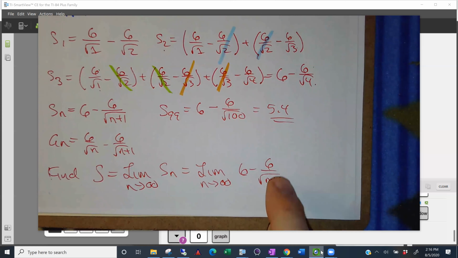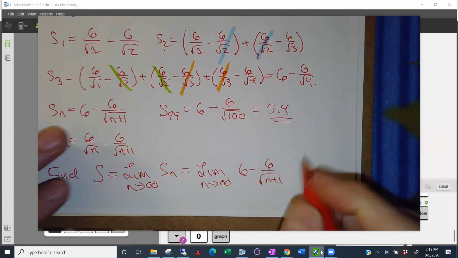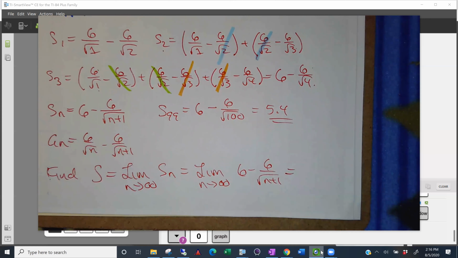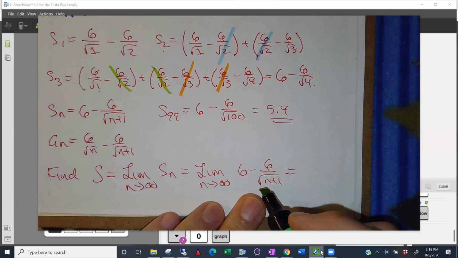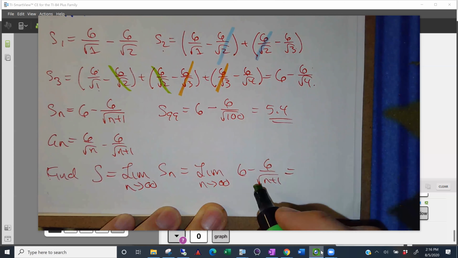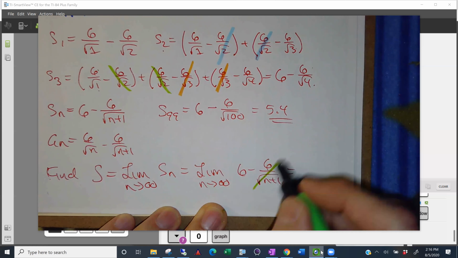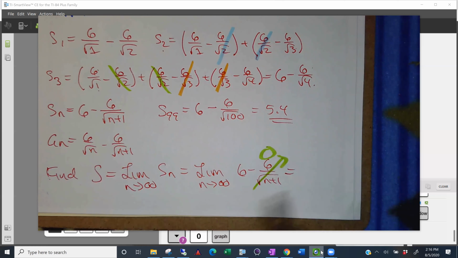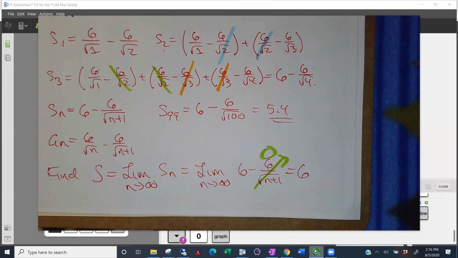What's that limit going to be? You don't need L'Hopital's rule for this one. What happens to this term as n goes to infinity? Goes to 0. So I end up with 6 minus 0, which is 6. In fact, if you went back to your graph,